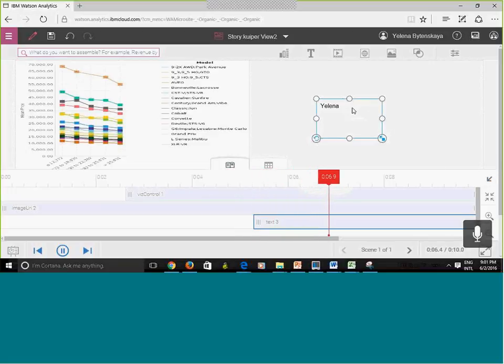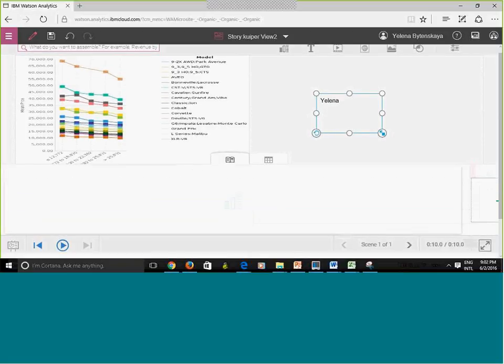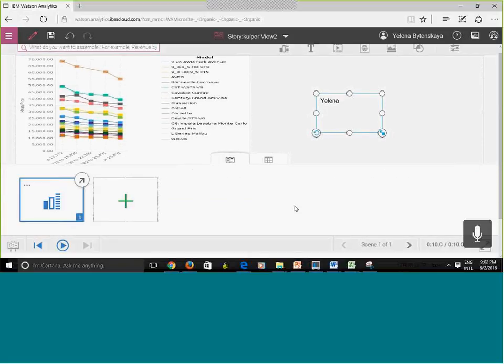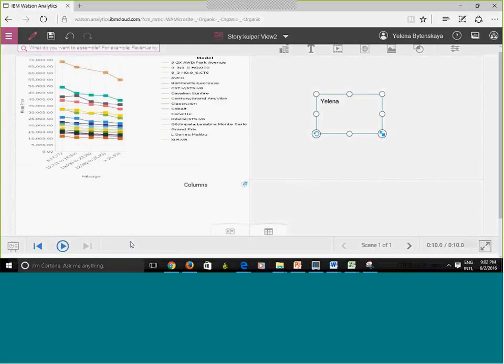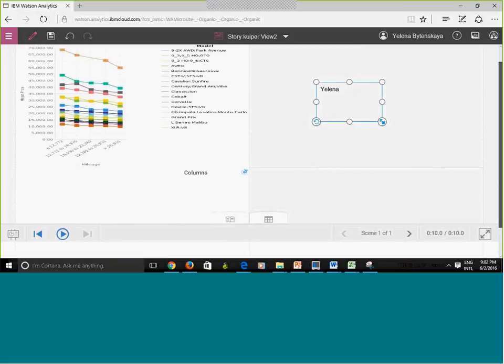Oh, see this? Now the text appeared. In the beginning, when I hit play, this piece right here did not show. Let me minimize this. There we go. I can minimize it and then hit play. Now you're going to see it.